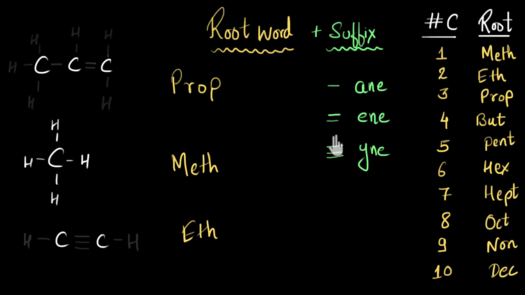If there is even one double bond between 2 carbon atoms, that means the molecule belongs to the alkene family and will have the suffix "ene" added to the root word. And if there is even one triple bond, that means the suffix will be "yne." For example, let's look at the first molecule. So if I just focus on the bonds between the carbon atoms, you can see that there is